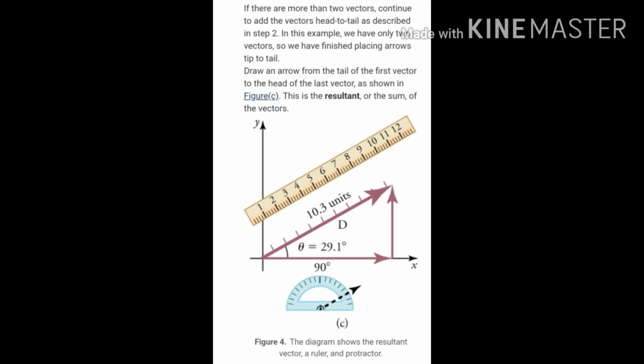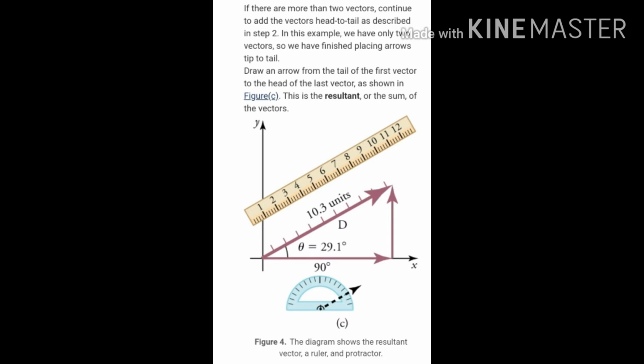Now, to find the magnitude of the resultant, measure its length with a ruler. When we deal with vectors analytically in the next section, the magnitude will be calculated by using the Pythagoras theorem. To find the direction of the resultant, use a protractor to measure the angle it makes with the reference direction, in this case the x-axis. When we deal with vectors analytically in the next section, the direction will be calculated by using trigonometry to find the angle. So this is the method used to calculate vector addition.